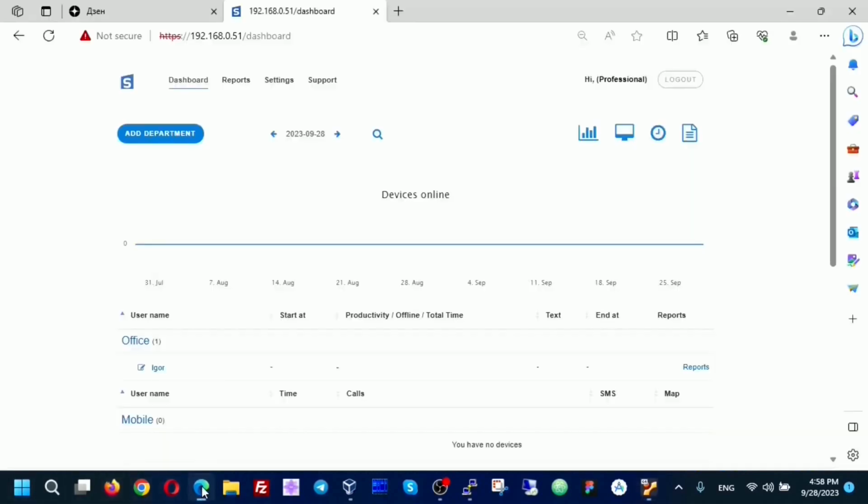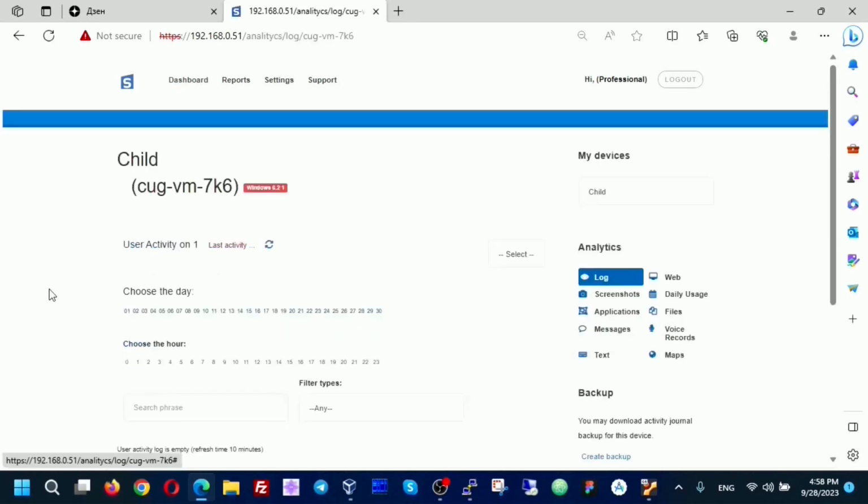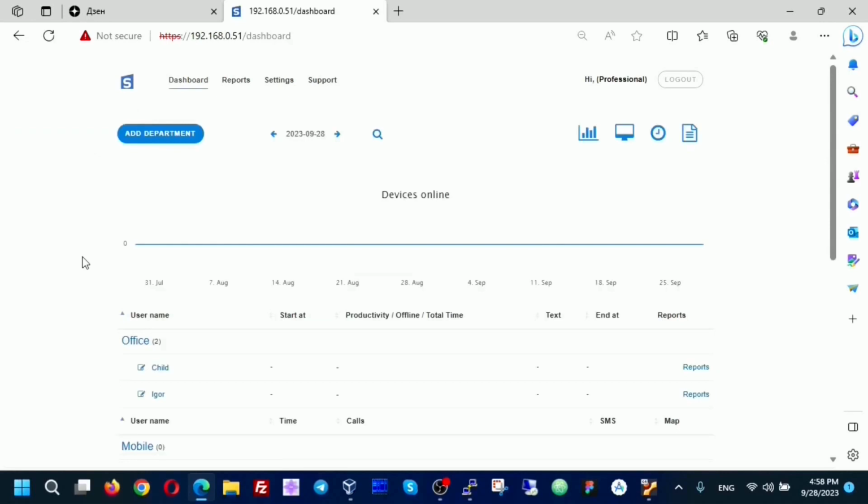And when it is initialized, another virtual device will appear in the director device panel. As you can see, this device has already appeared. Its name is Child. This is because the staff counter program monitors every user on the computer by default.